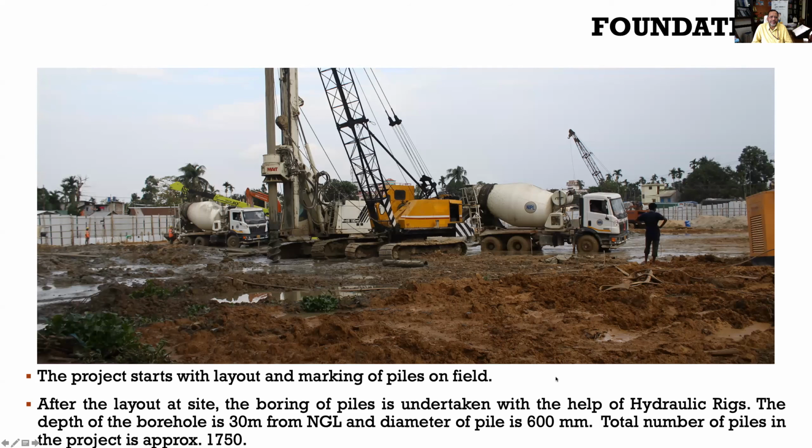Unfortunately, in this project, there is not much to show because right now the work on piling is going on. The piling work itself is huge because there are around 1750 piles which need to go 30 meters below natural ground, and the diameter of each pile is 600 mm. So right now the work on piles is going on, and also the weather is not favoring the contractor. So at present, there is not much to show, but this slide shows you